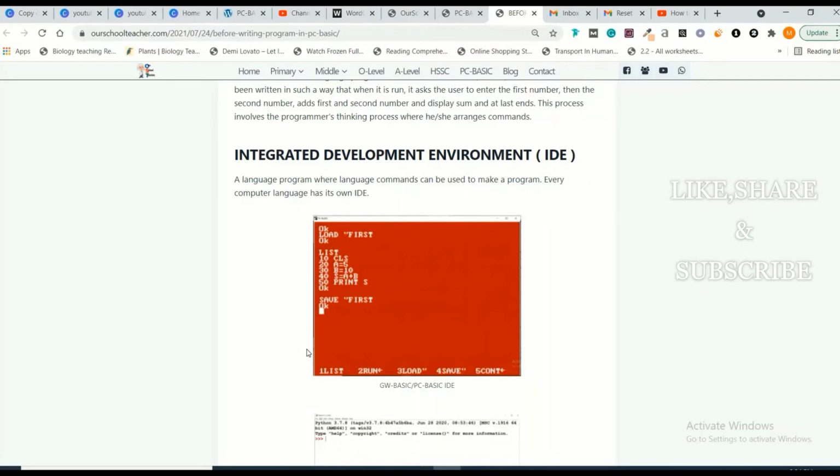Previously, PC Basic, GW Basic used to be run on a 16-bit operating system, which was DOS. So PC Basic and GW Basic both are the same environment, but GW Basic was for a 16-bit operating system, and PC Basic can be run on our Windows.